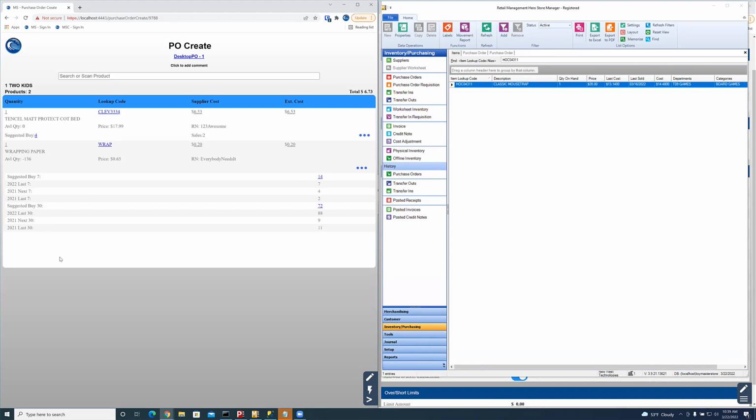And then what that does is it says, okay, for 2021, the last 30 days, you sold 11. For 2021, the next 30 days, you sold 9. And then in the last 30 days this year, you sold 88. So your trajectory is going up. So that's why it's coming up and telling you, it's suggesting that for 30-day stock, you buy 72 of these,